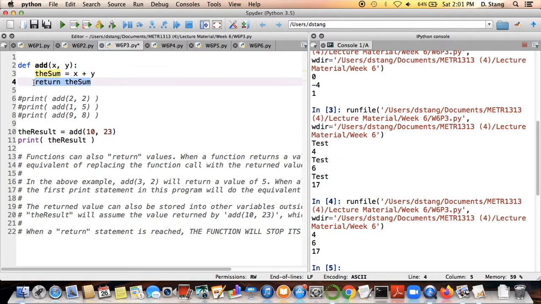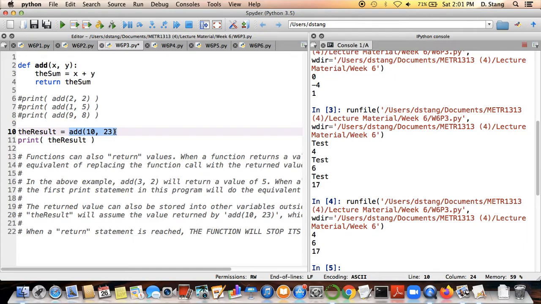And again, the returned value is the number or the value that is in the sum, which in the case of these two values that we give the function here, we would expect the sum to be 33 and the return value would also be 33. And again, just like before, the return value goes and replaces the original function call. So 10 to x, 23 to y, the result is 33 from adding those two numbers, which goes in the sum, and the return value is also the sum, the value that's stored in the sum, which means that return value of the sum being 33, that 33 goes and replaces the original function call,